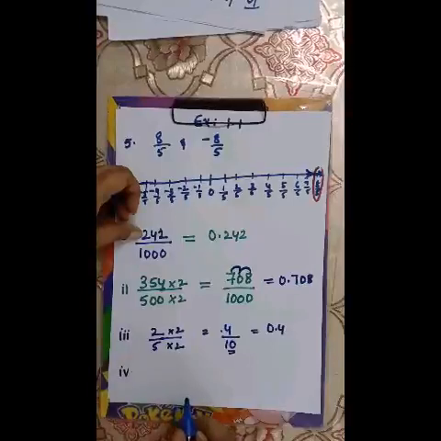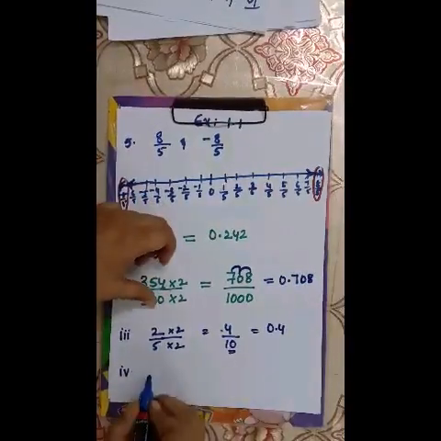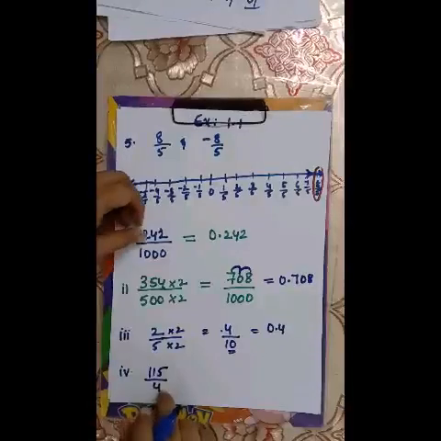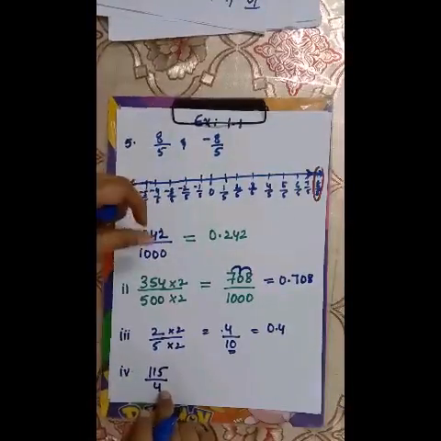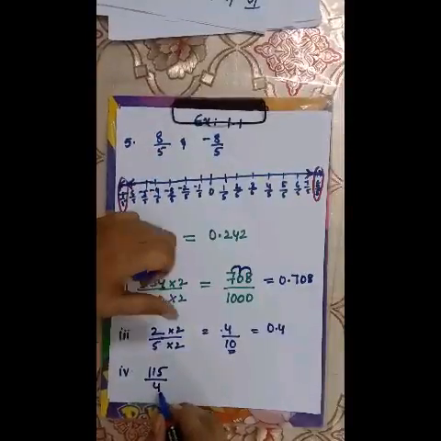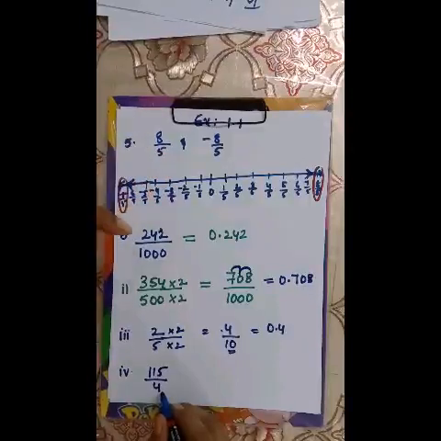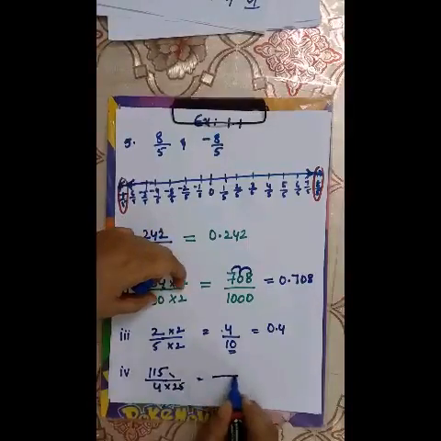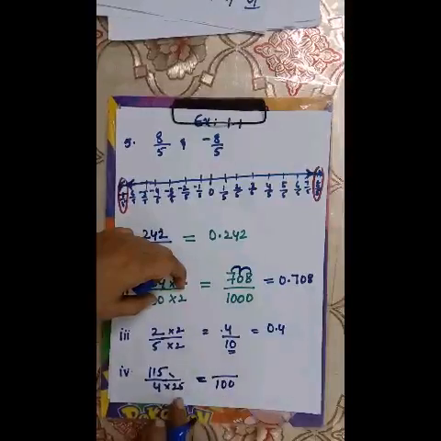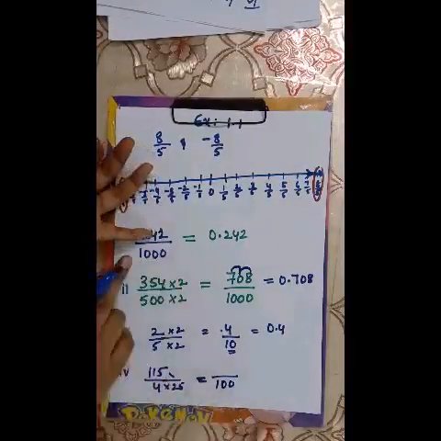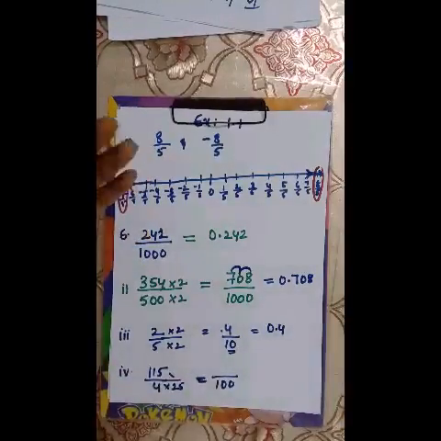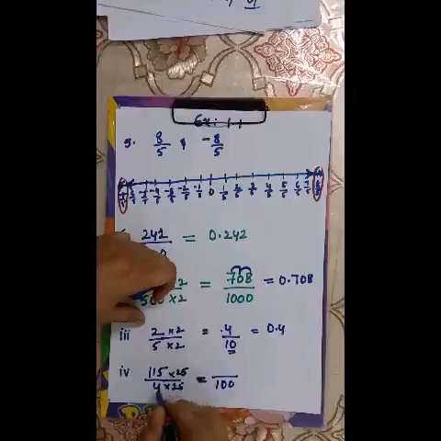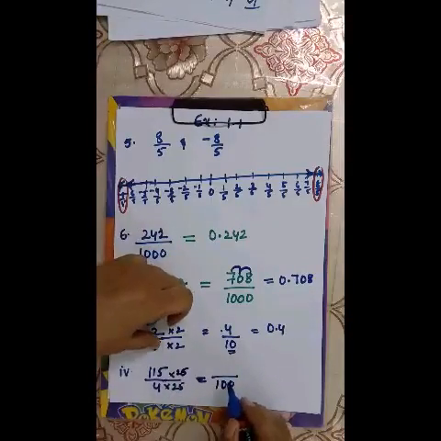Now last, fourth bit, that is 105 by 4. Okay, see, now I have to change this to 1000. All along what we are doing is bringing the denominator into the form of 10, 100, 1000, anything. So now to convert this, to get the denominator as 100, I am going to multiply 4 with 25. If I multiply 4 with 25, I will get 100. When I am multiplying the denominator by 25, the same thing I am going to do with the numerator. Multiply the numerator.